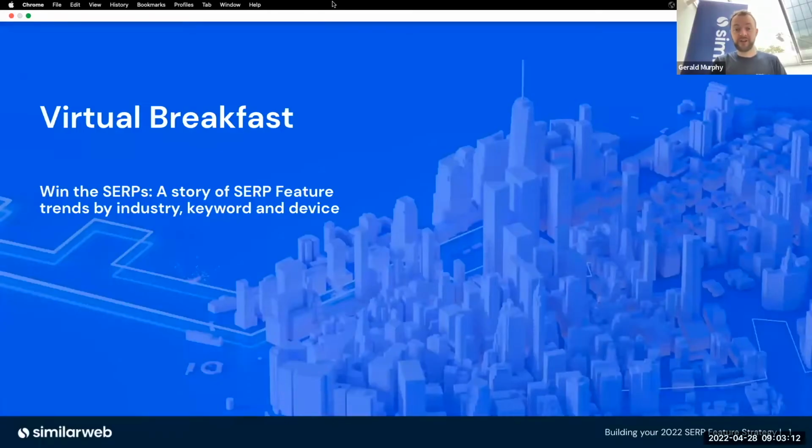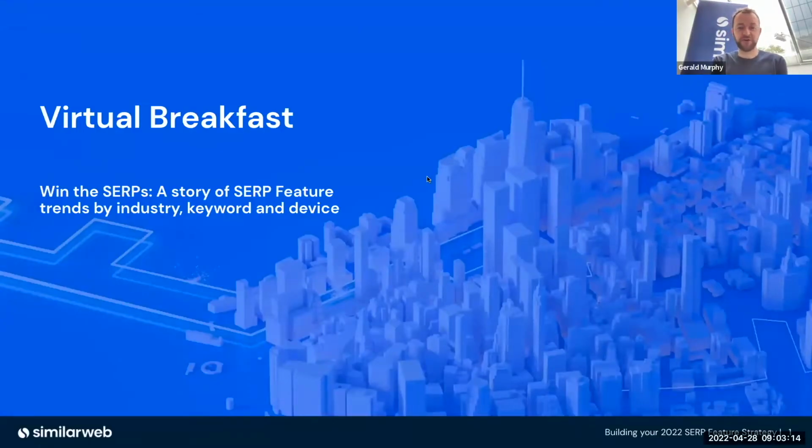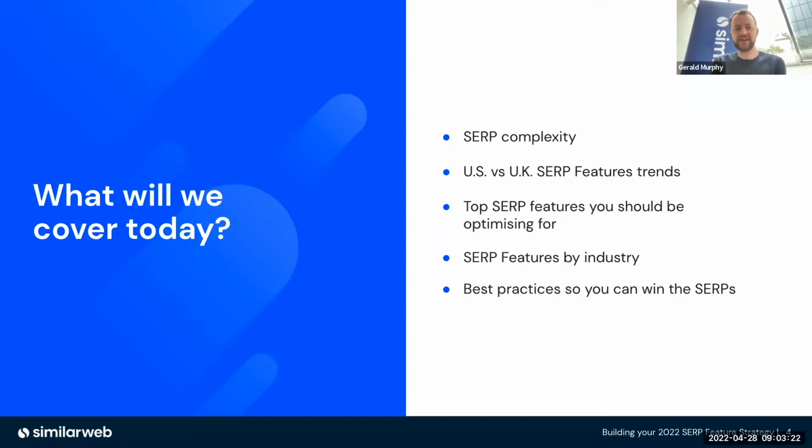Hi everyone, and welcome to today's virtual breakfast on winning the SERPs, the search engine results page, a story of SERP feature trends by industry, keyword, and device. Today we're going to be looking at a few things, including how complex a SERP is. We're going to be comparing United States versus United Kingdom SERP feature trends data. And crucially, as a result of that, we're going to identify what SERP features you as a company and brand